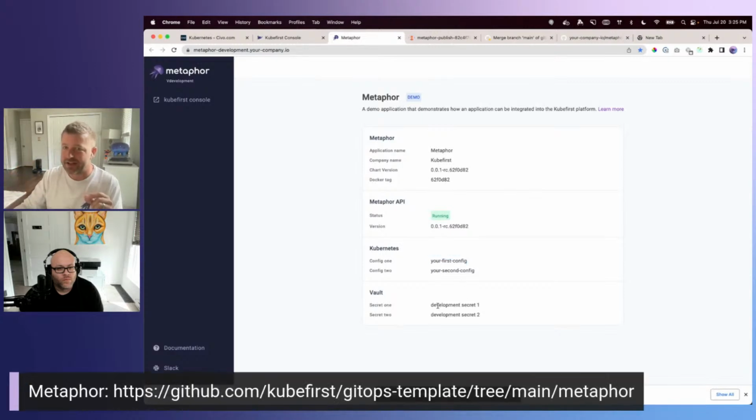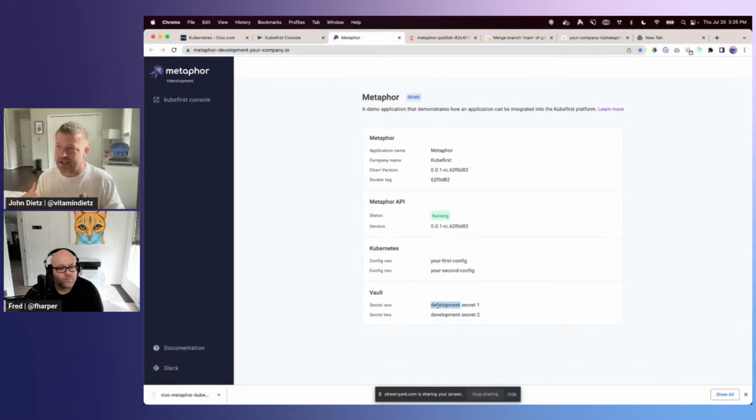And we have some details about some secrets that you can set also on a per environment basis. And that's really all you need in order to have an app that you deliver to dev, stage, and prod. You need a chart that you can publish, and then you need to be able to override that chart so that different instances of a dev instance or a stage instance or a prod instance of this application can have different configs, like how many different pods it should scale to, or what backend API URLs it needs to be calling.